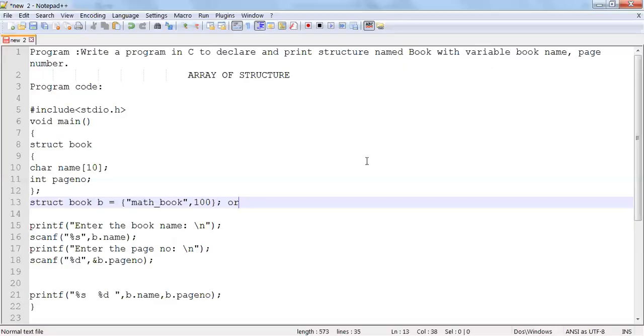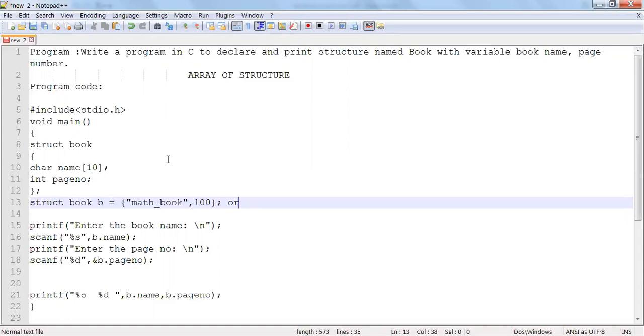Now let's take a situation where I want to store the values of five books. That means each book has two data items, that is the name of the book and the page number, how many pages there are. So this is the data of only one book.